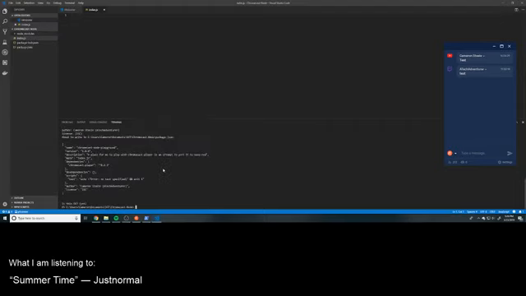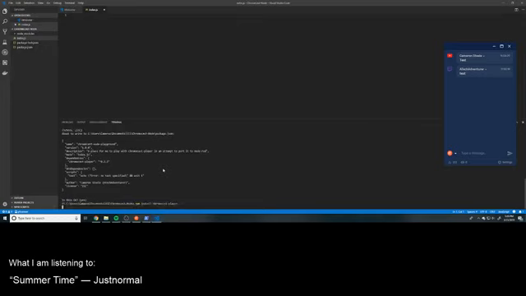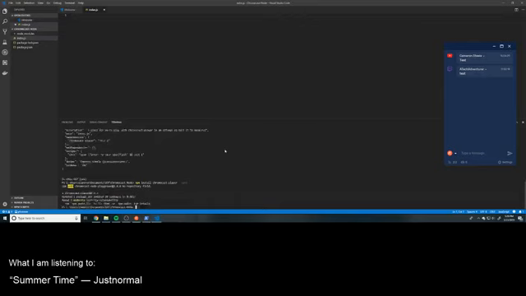Alrighty, so now I have that. I'm just going to run this again, but this time save it to my package.json. Cool. I'm going to say var player equals require,